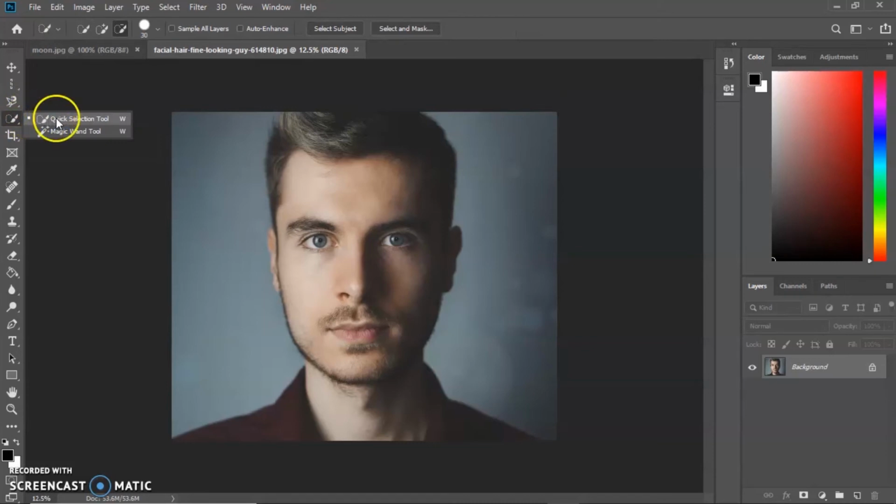The first subdivision of the selection tool is the quick selection tool. It is used to select a portion of the image. Press the right key at the point you want to start the selection and then move the cursor to that point you want to select. It will catch up points on its own.